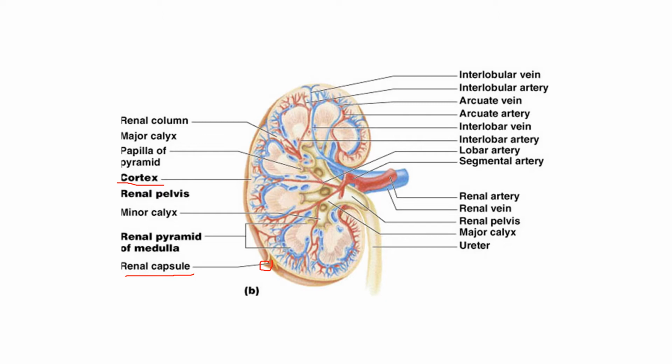Okay, now you have a medulla. The medulla, or medullary area, has pyramids in there, so they call it the renal pyramid of the medulla. It has this pyramid shape, right? So this is all medulla here, all through that reddish area. That's medulla with its pyramids. And then you're going to have